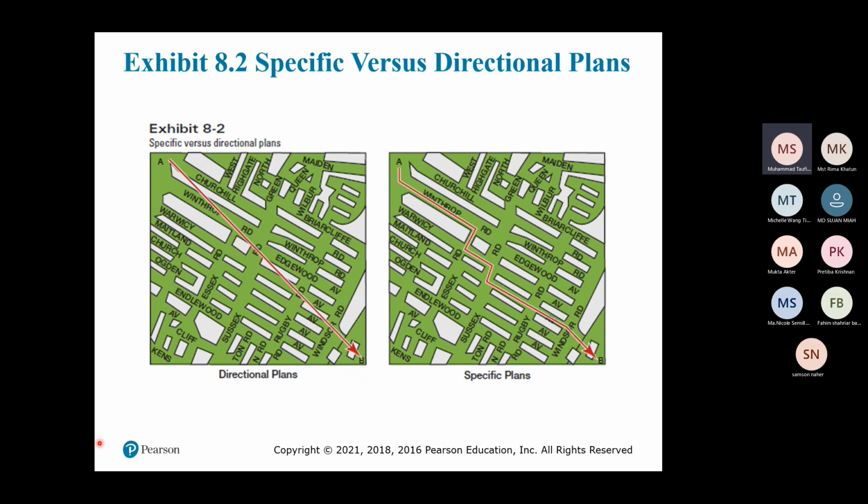Okay, but for directional, they only give you the direction. For example, okay, they said, you have to go from A to B. Okay, all right. So the distance from A to B is what? Okay, the direction of A to B is Y. Okay, how you can reach there? Okay, you can use car, you can walk, you can take public transport and etc. Okay, so they just give you direction how you want to go there. They didn't give you step by step how you can achieve the goal. Okay, so this is the difference between specific and directional.